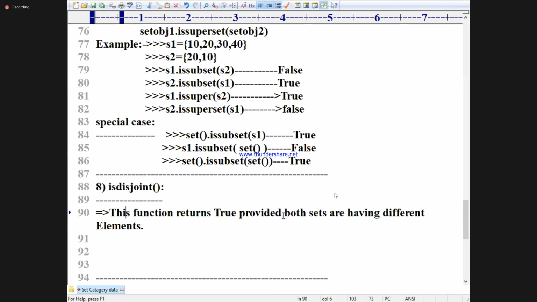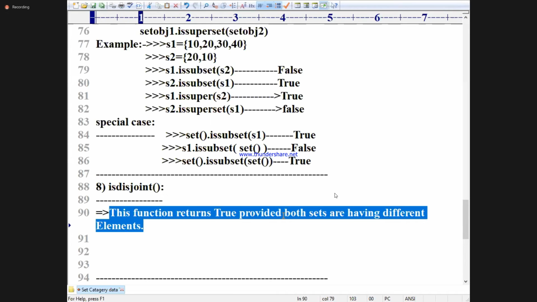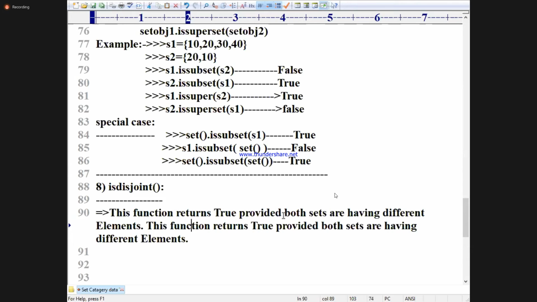This function returns false provided both the sets are having some common elements, at least one common element.